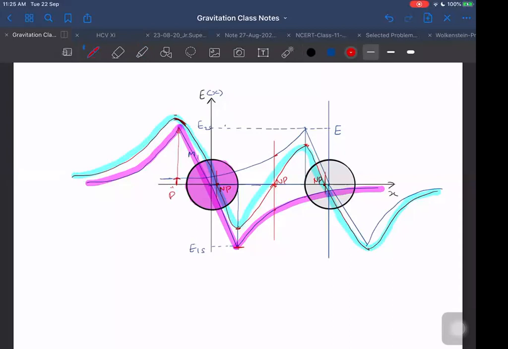When we are in this place, then due to both, the field is in same direction, and that direction is attractive field. Attractive field means it will be towards the mass. So both are positive fields only. So this will not cancel. This will add up. It's slightly increased. They will cancel in between the masses. Outside they will add up. When we are outside in the left hand side or in the right hand side, they will add up. In between they will cancel because in between their direction will be opposite. But outside their direction will be in the same direction. They will not be in opposite direction.